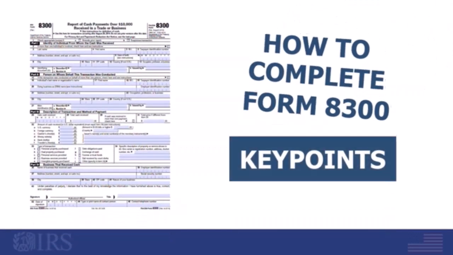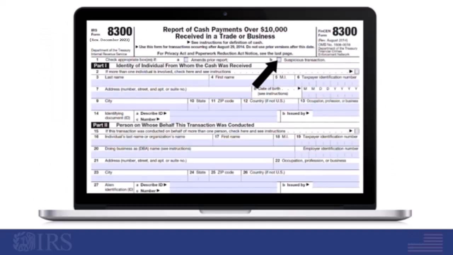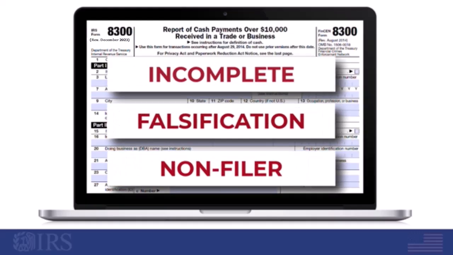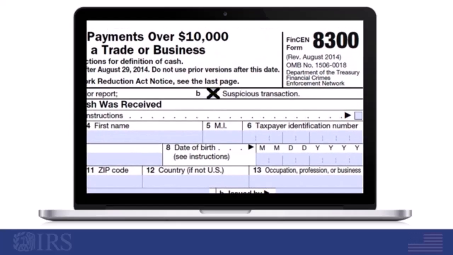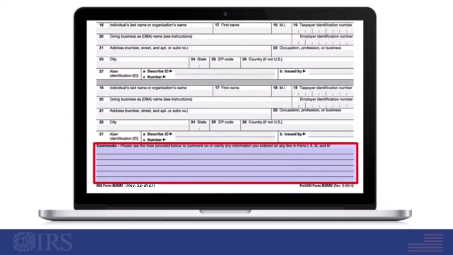Now, let's get started with key points on how to complete this important form beginning at the top. Look at item 1B, suspicious transaction. If the transaction with your customer appears legitimate, you can skip this item. But if it appears someone bringing cash to you is attempting to cause you to file an incomplete form, a false form, or to not file a form at all, this is suspicious. You report this transaction by checking box 1B, and you describe what was suspicious about the transaction in the comments